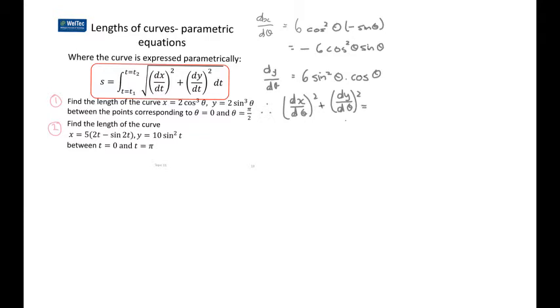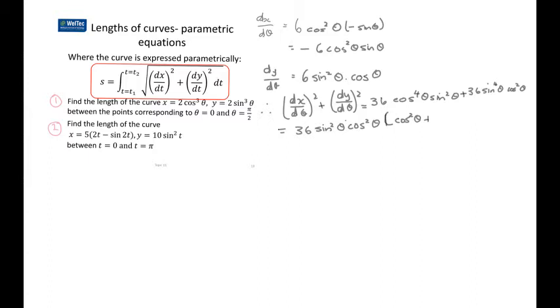So that would be the square of the first one, so that would be 36 cos^4 theta sine squared theta plus 36 sine^4 theta cos squared theta, which, if I take out a common factor of 36 and a common factor of sine squared theta cos squared theta, what I've got left is cos squared theta